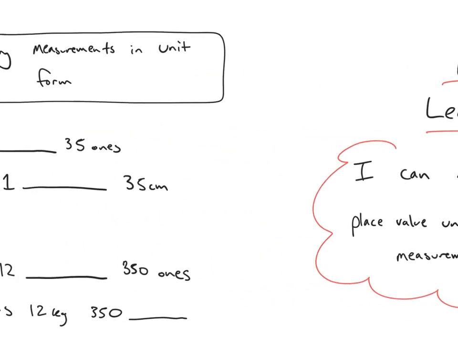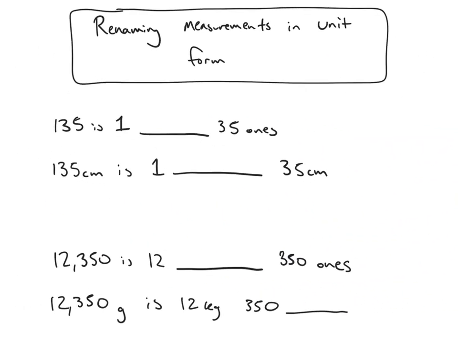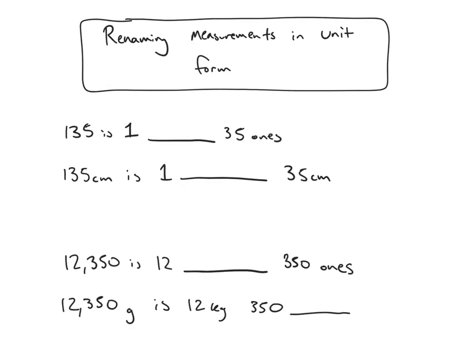So let's go ahead and jump into the first problem here that's going to help us with this learning target. In these problems, I'm going to be renaming measurements in unit form. So in the first example here, we have a place value example where we just have the number 135 and we're splitting it up into unit form. So we see that we have a blank right here and we know that we have 35 ones, so we're just trying to figure out what is the value of this 1. Well, the 1 is in the hundreds place, so we would say we have